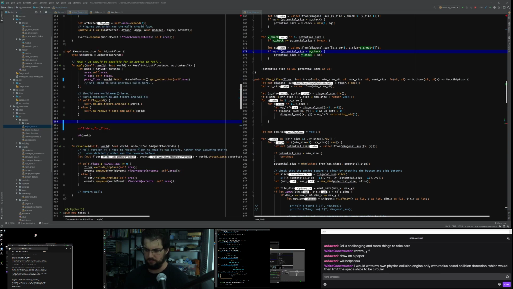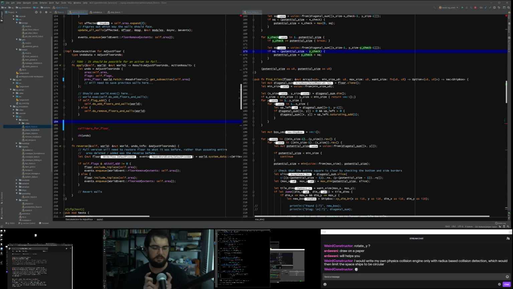There's a question here. Weird Constructor suggests that he would write his own physics collision engine with only radius-based collision detection. Yeah, well, all physics engines that do collisions tend to do layered collisions. So you start off with something really simple like radius-based collision detection, and then once the two entities actually match on the radius, then you consider running a more detailed collision detection algorithm.